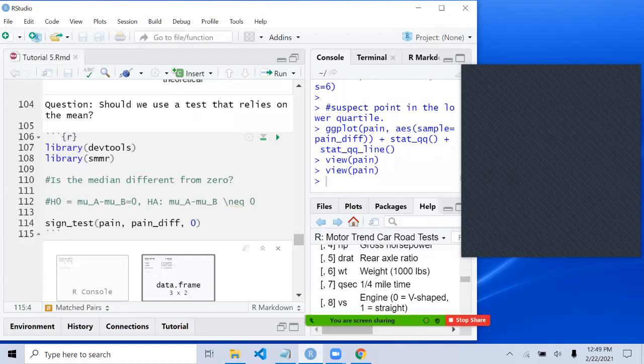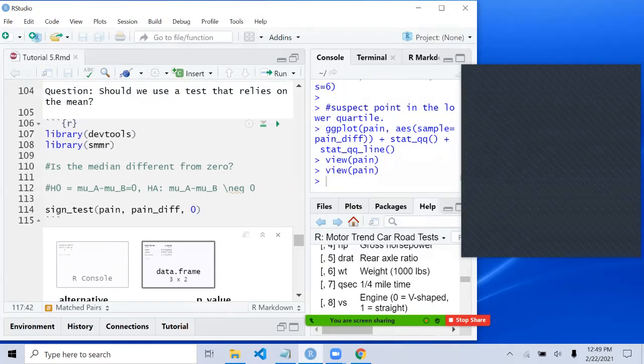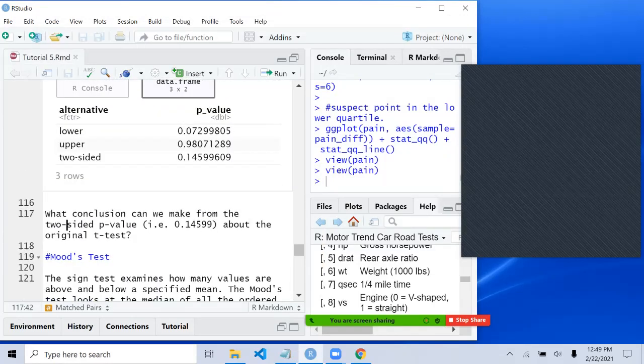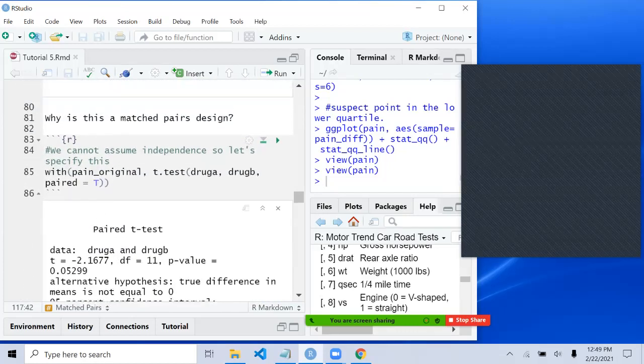All right, so this is the sign test. We're doing a two-sided test here. By the way, I've specified the test, which means that what you actually have is this here. Now, notice the p-value is actually even larger than the p-value you had before. So when we adjusted for the paired t-test, notice that we have this